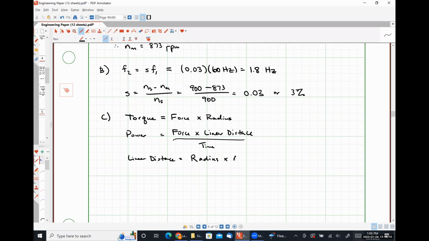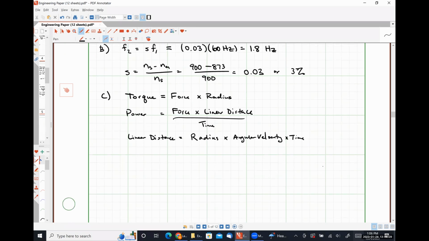So the radius times angular velocity multiplied by time, where angular velocity times time is obviously just an angle. The radius times an angle is a distance. So if we put all three of these things together, we're going to find that power is equal to